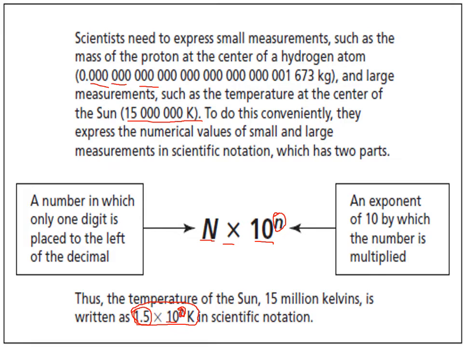Now, the other thing I need you to remember is that for the coefficient here, this number here, it needs to be a non-zero digit as your first digit. So if you have 0.5 as your first digit, that's incorrect. It's not proper notation. This first digit here has to be a non-zero digit. So for example, 1.5 would work because that first digit there is a non-zero digit, or 2.5 or 3.5. The other thing is that there can only be one number before the decimal place. So 1.5 is appropriate,